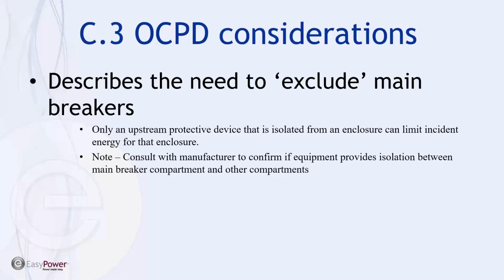And so in that case, you would have to exclude the main breaker for that panel for calculating incident energy. And I think this also points to the fact that most 480 volt panels in the United States do not have a barrier between the incoming conductors and the person working on the main bus. Now, with that said, there is an improvement in the National Electrical Code to provide a cover or a barrier over the incoming